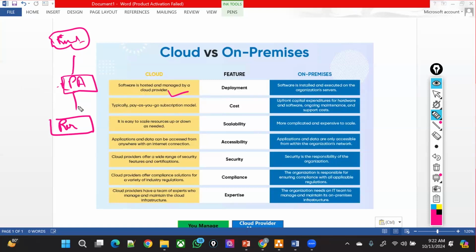At the same time, the deployment should be done by the network admin and the firewall admin, right? So it will be a bigger activity that you need to do. At the same time, there is the cost which I talked about, right? If you opt for buying that firewall,